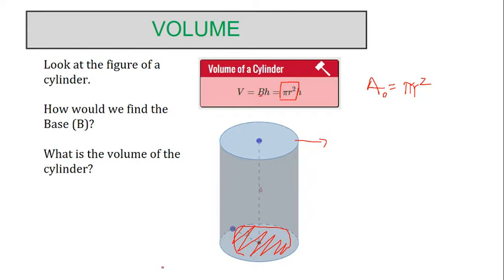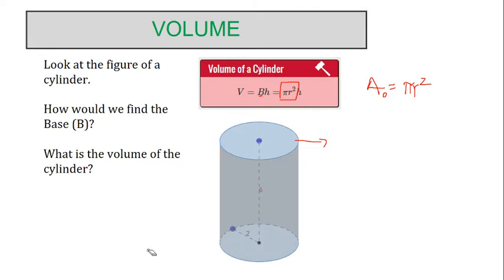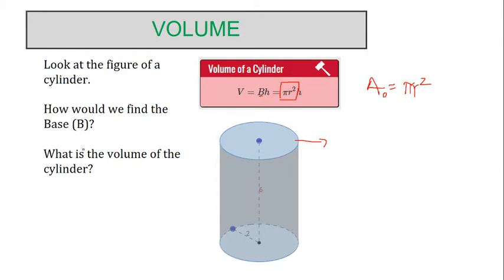All right, so let's take a look at this figure here. Let's calculate the volume of this cylinder. We can see that the radius of the circle is 2. The radius of that circle is the base, remember? And then the height of this is 6. So we're just going to use the formula and plug in the appropriate values. The formula, which is equal to the area of the base times the height, is equal to pi,